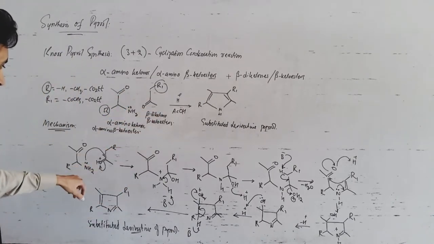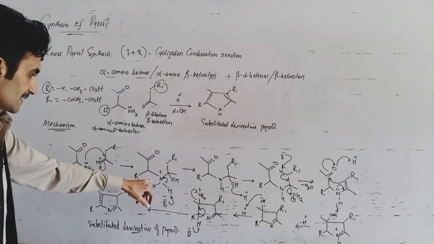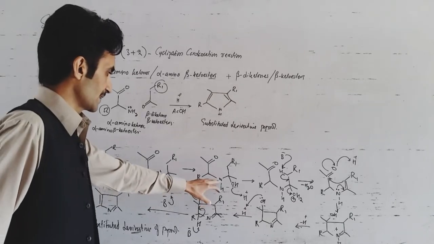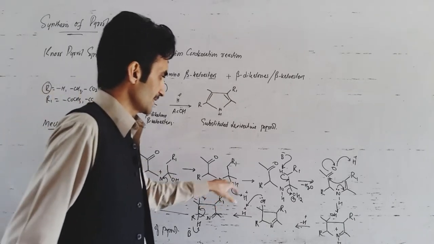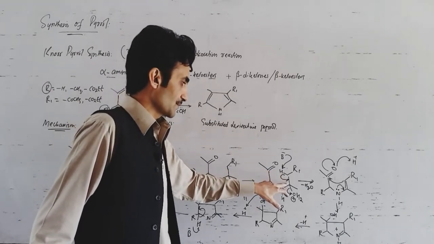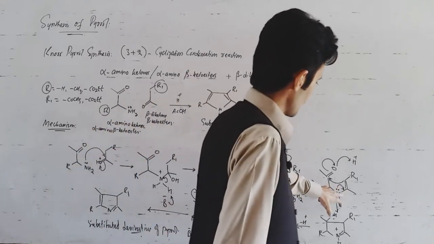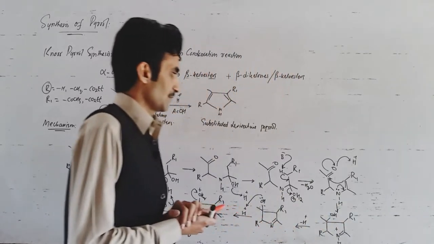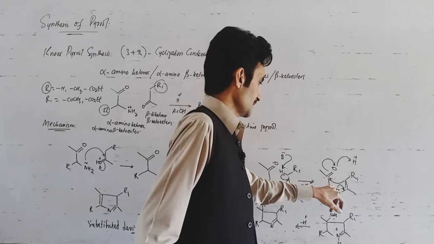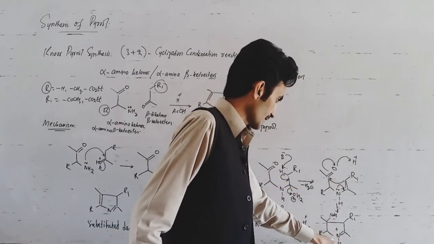So, again this is the first step, which involves nucleophilic attack of the amino compound on beta diketone, giving rise to this product. Deprotonation will diminish the positive charge on the nitrogen atom. In the next step, this hydroxyl group is protonated, hydrogen is abstracted by the base, sigma electrons shift to this point while expelling the water molecule, and it gives rise to formation of this compound in which a double bond is formed. This double bond attacks the carbonyl carbon, which gives rise to formation of a cyclic structure.